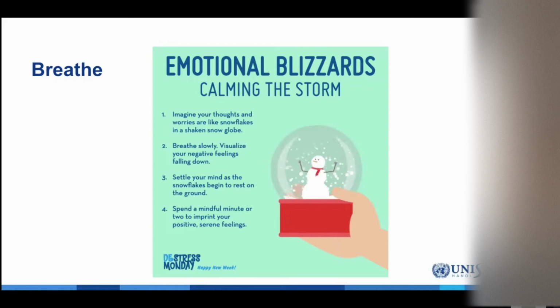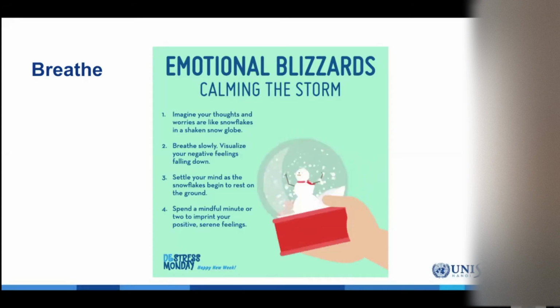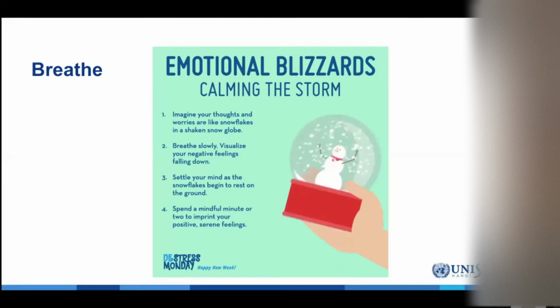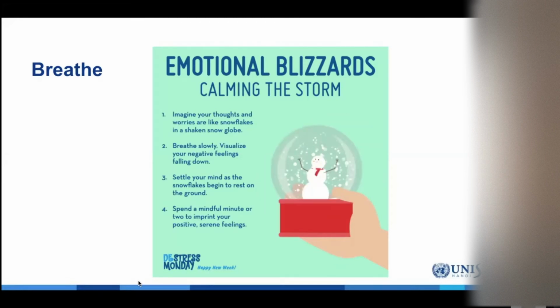This is a tool that we use in our guidance lessons and that we've shared with your children's teachers to use as a brain break, or if the children are dysregulating. It can be a fun way to look at it with your child and talk about how maybe you have some negative feelings in the moment and how those can all just sift away, just like the snow in a snow globe.